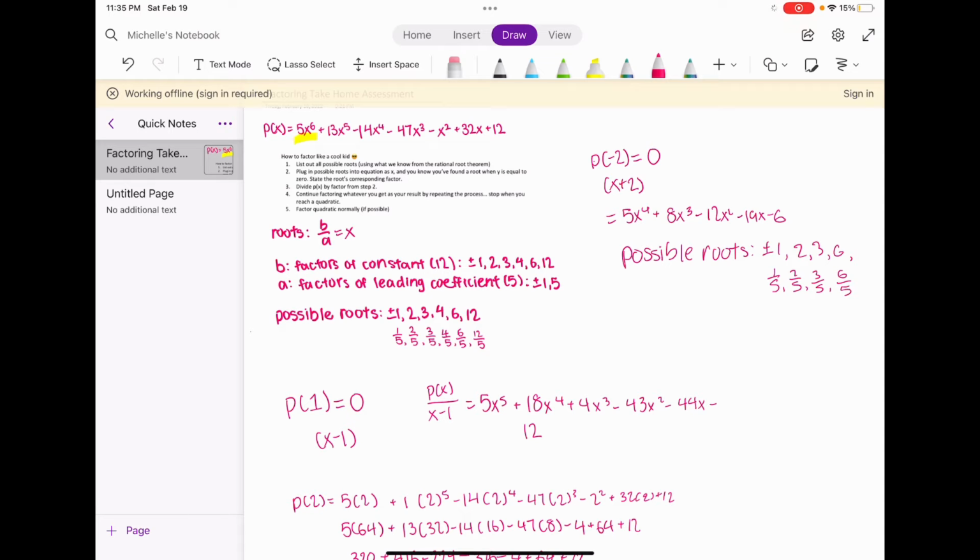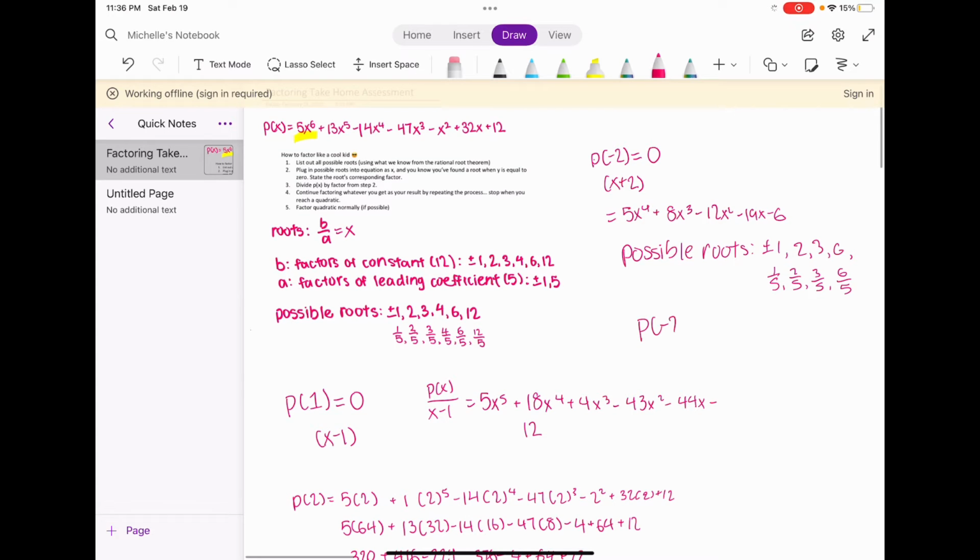Okay, so now that we have all of our possible roots, all we have to do is plug them into the equation one by one to see which one results in an output of 0. P of negative 2 ends up equaling 0. So we know that negative 2 is a root, and its corresponding factor is, once again, x plus 2. If we divide this equation by x plus 2, we end up getting